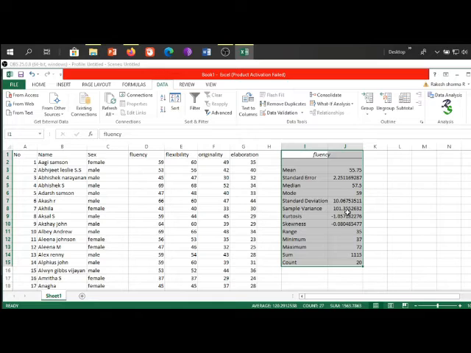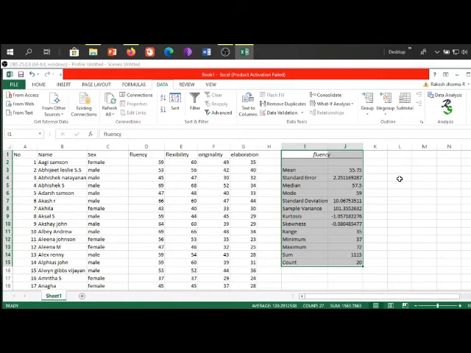Now the same procedure can be adopted with multiple variables together. Here it should be noted that the selection of data set for analysis can be in unison as well. So I can actually select all the options together instead of selecting just one option alone, that is fluency alone.